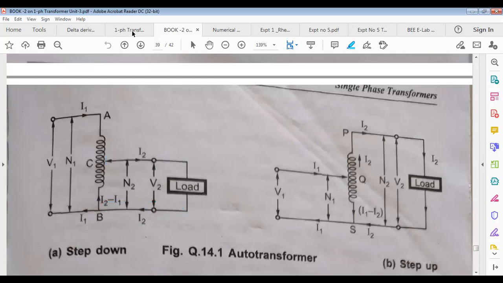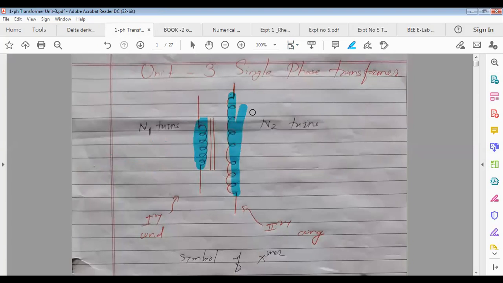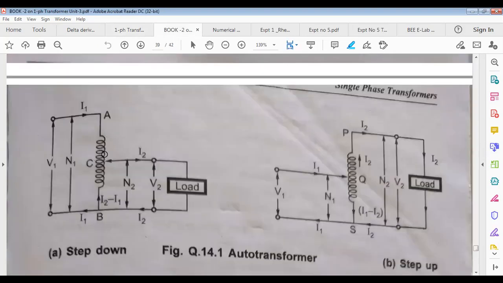Now you compare it with this. So what is the difference between the two? If you observe the transformer, see here, separate primary winding, separate secondary winding, two different windings are there, but here only one winding is there. Means the size of auto transformer is less when compared, if you manufacture the same kVA rating. One transformer suppose of 1 kVA rating and one auto transformer of 1 kVA rating. If you compare their size, you will find auto transformer has less size or it is smaller in size. Why? Because it requires only a single winding and transformer requires two windings.